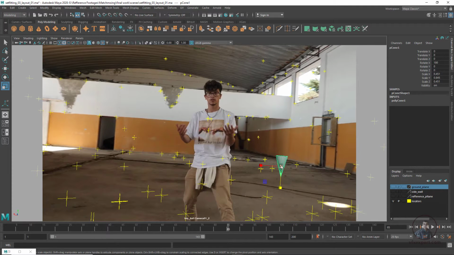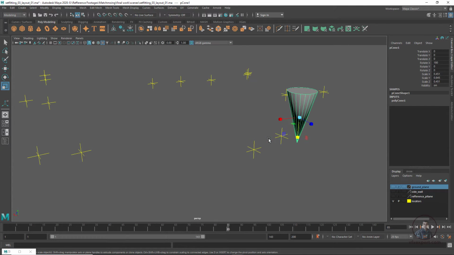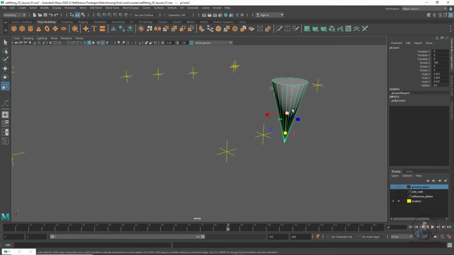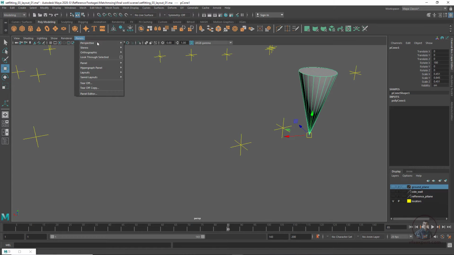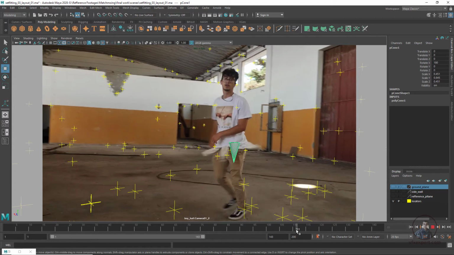Now select and move this pivot point or anchor point down to the bottom of these points here. Again come into our perspective view so we can easily see here, then press W and D and V and snap it here like this. Now again come into our camera view. Now snap these cones to our different locator positions.